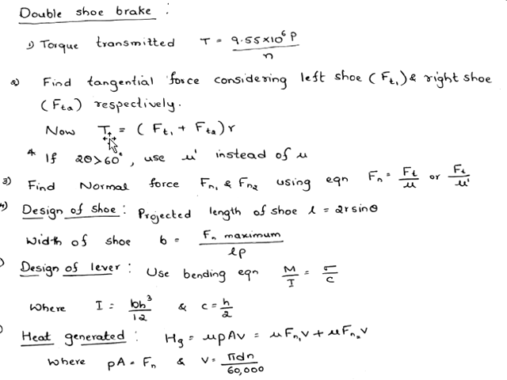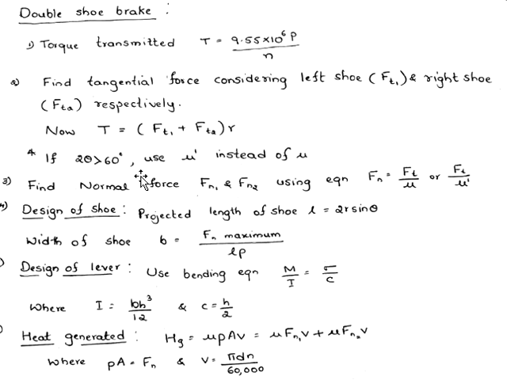Then equate the torque value that you obtained in step number 1. So T is equal to (Ft1 plus Ft2) into R. In single block brake, we had only one Ft value, so we used the equation T is equal to Ft into R. But in double block brake, there are two blocks, therefore the equation will be (Ft1 plus Ft2) into R. But remember,